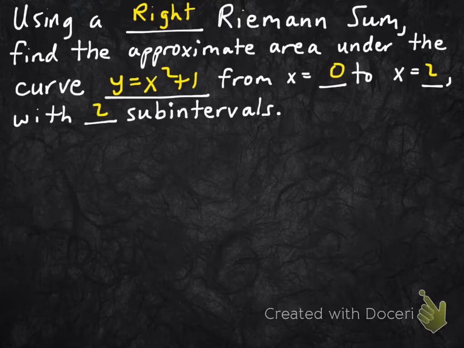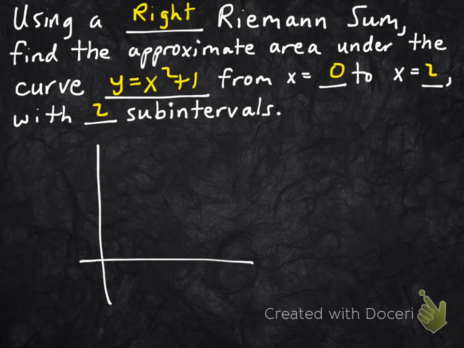So this should make it a little bit more clear. This is the type of question you're going to see, and that's helpful too, when you see what the question actually looks like. The way you set it up is the exact same way we set it up in the last problem. You make your interval from 0 to 2. You draw the curve y equals x squared plus 1. Now, using a right Riemann sum with two subintervals,